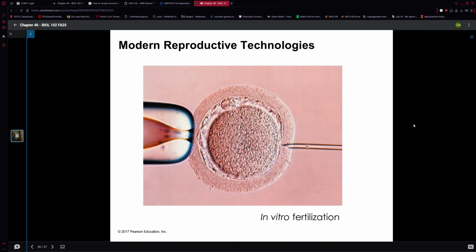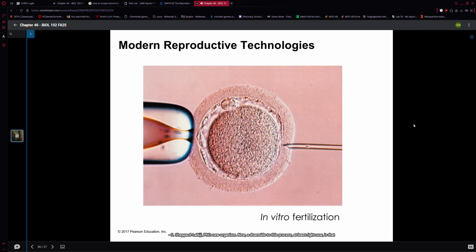So, not comparable to the Dolly the Lamb setting as far as the setup goes, right? Because we know that that's a somatic cell nuclear transfer, but similar in the sense that we are manipulating something outside of the organism and then adding it back into the individual that's capable of carrying that cell into something that will differentiate and change into a new organism.